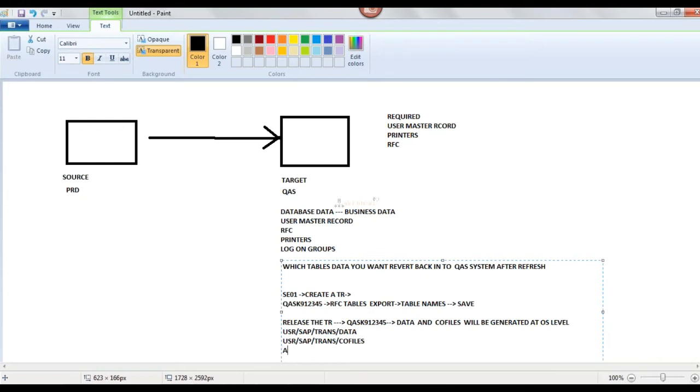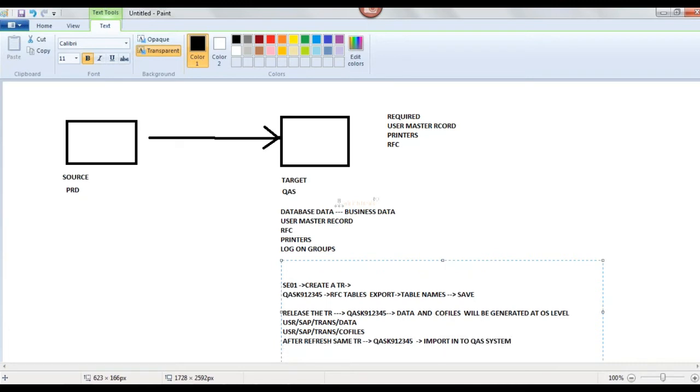So after system refresh, what I need to do? Same TR. What is the TR? QASK912345. Import into QAS system. Then what will happen?